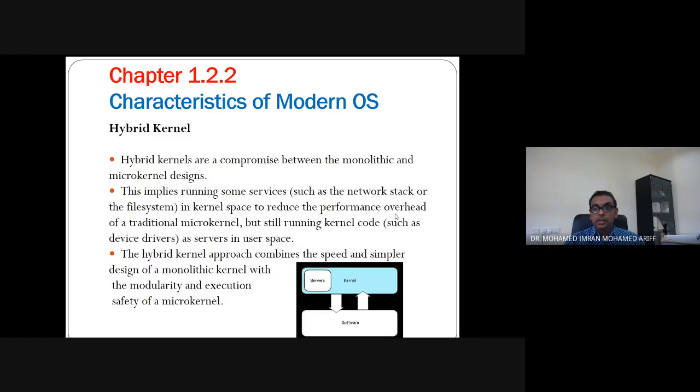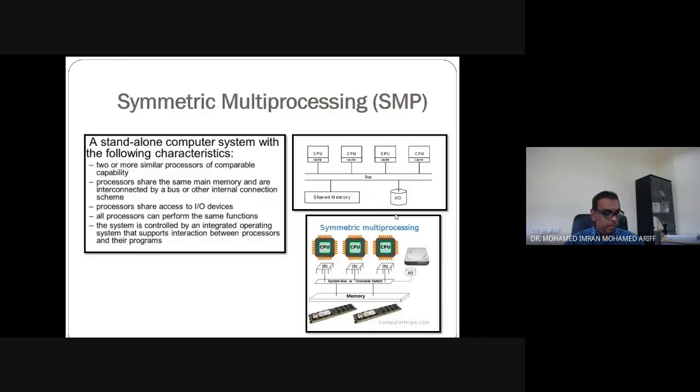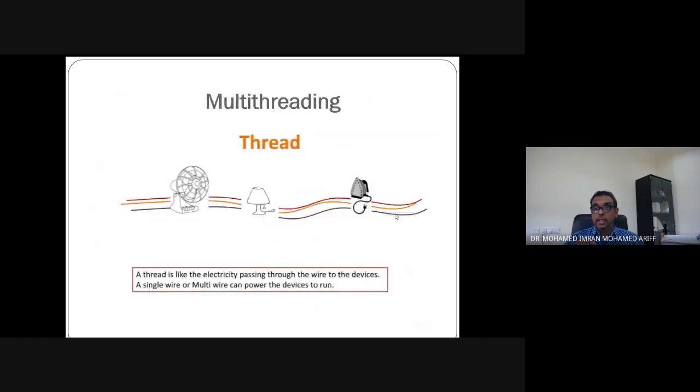Okay, so let's go on to multithreading. I think you know multithreading is what we say as a thread, a single job. For example, you open your Microsoft Word, that is one process. If you open a few documents, that is multiple threads or multi-threading.